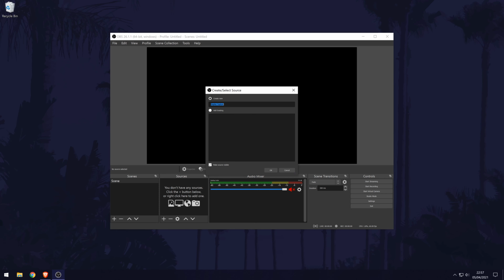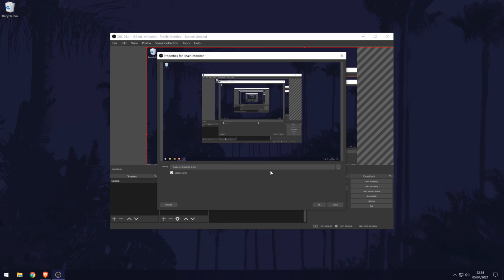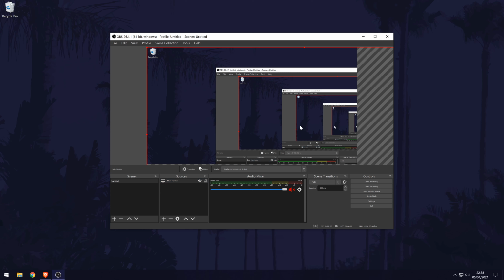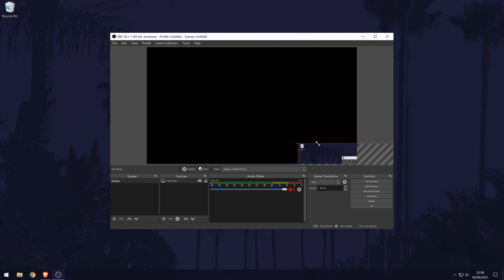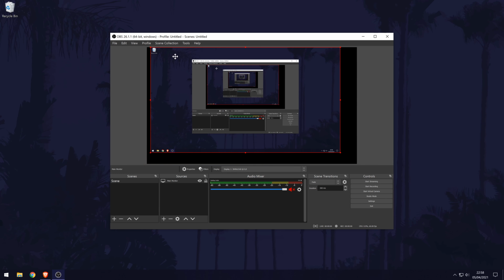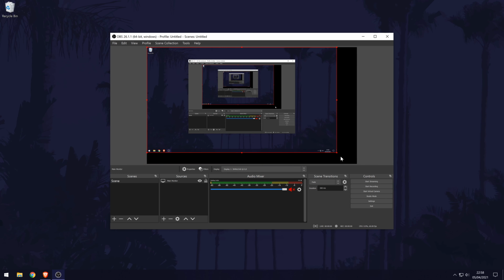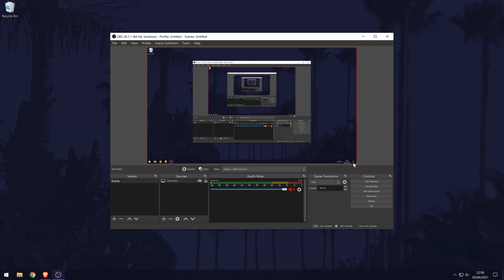Give the source a name, for example Main Monitor, and then click on OK. Choose the monitor or input you want to use from the drop-down box, and then click on OK again. Don't worry if the preview doesn't seem to fit on the screen, as this might change later when we edit a few of the settings, but if you want, you can drag it to the correct shape. You can follow this exact method to add a different source. For example, you can add a game capture or an image overlay by choosing Image.